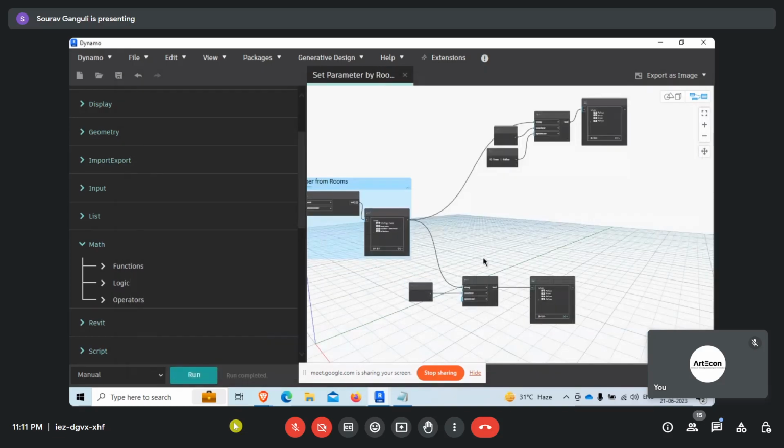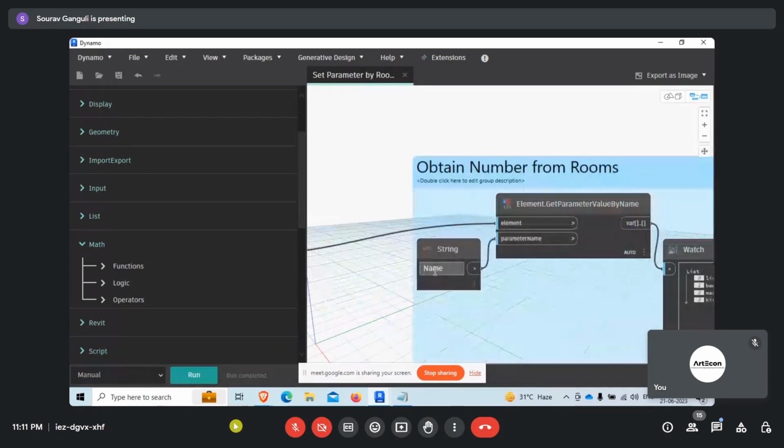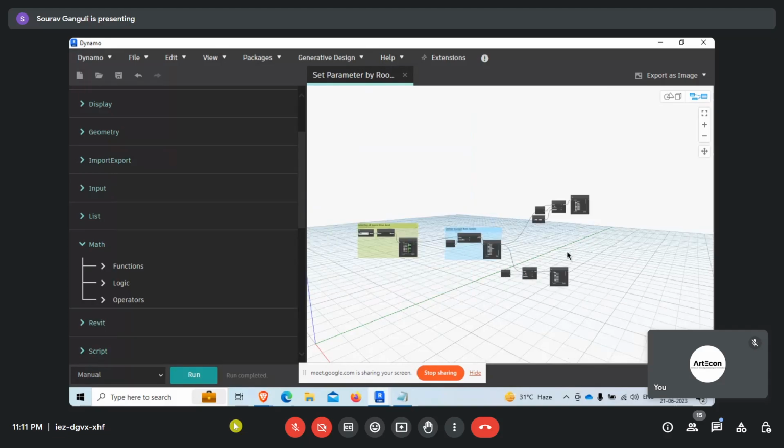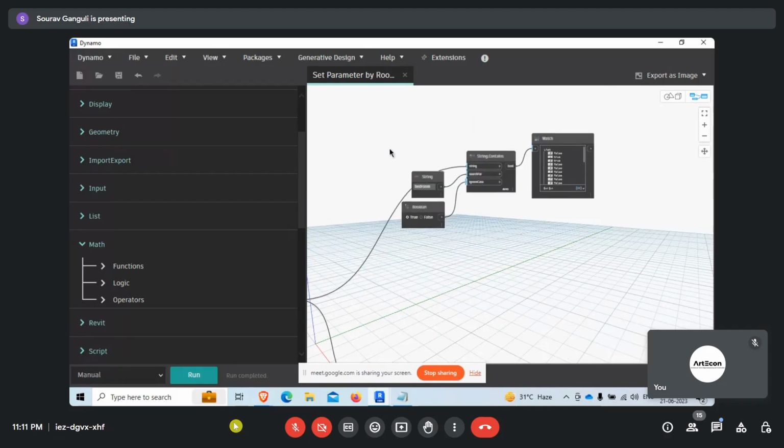What we are going to do is first obtain the name of all the rooms in the model. Now you can see we have a huge lot of rooms, of which only a few are named corridor. After which we are going to do a simple string contains search,